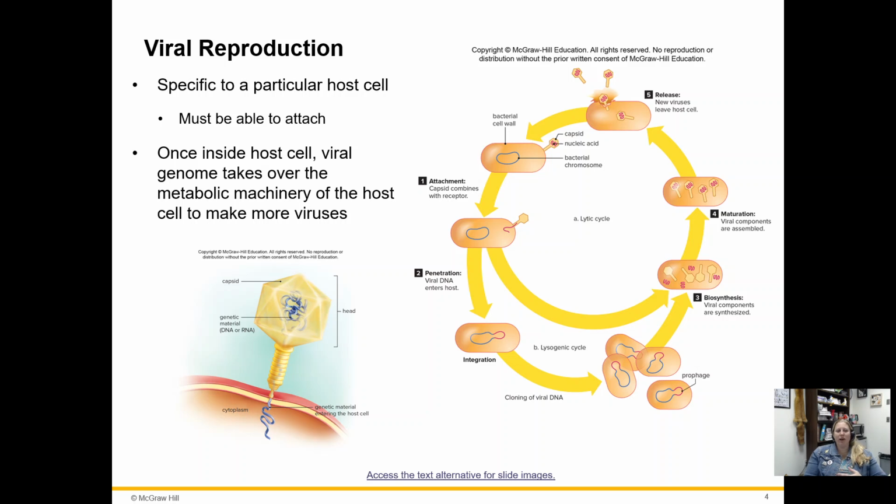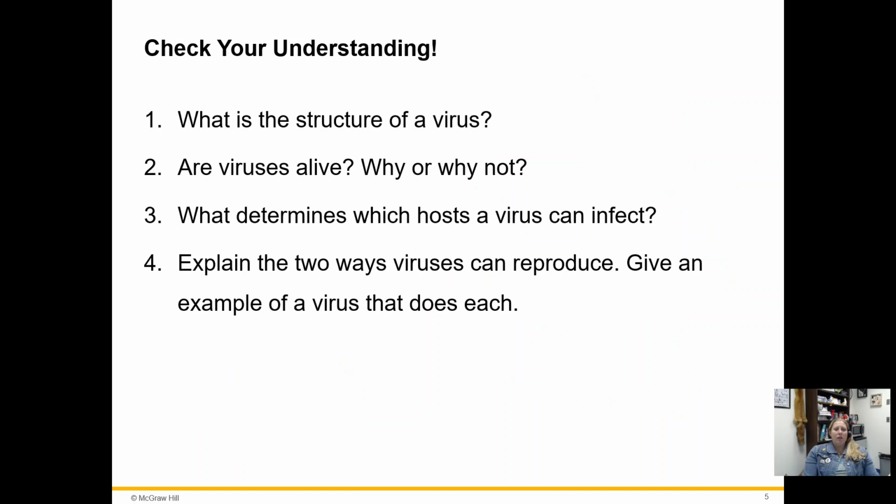So when we talk about viral replication, there's many different ways that this can happen, but those are the two big ones. And I do want you to be able to tell me the difference between both, okay, with examples. Just gave you some examples, all right? Here's our first check your knowledge, okay? Pretty, I think, straightforward. If you can answer those questions, you're good to go. And let's go to the next part, which is going to be